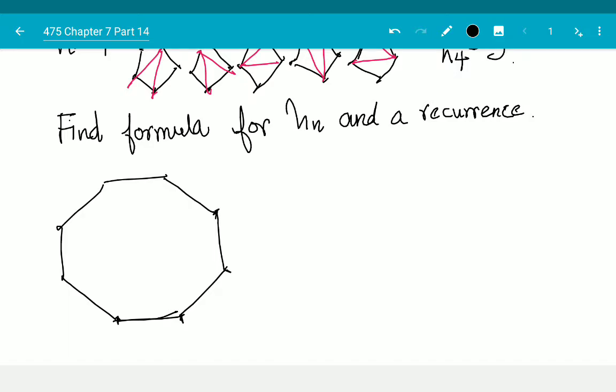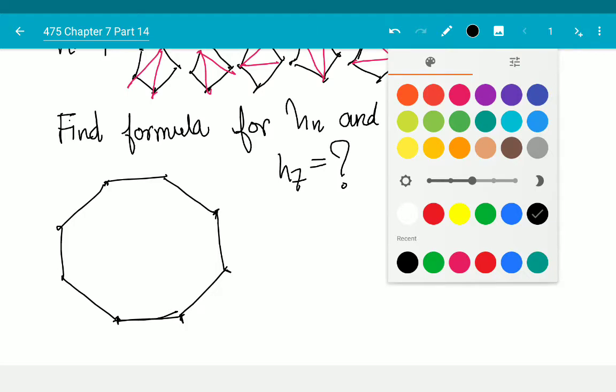Okay, so an octagon has 8 sides, and so I am looking at h of 7 is equal to question mark. I'm trying to find it. It's going to be a very big number, and we don't have an exact way, but here's how we are going to do it. We are going to designate one of the sides as